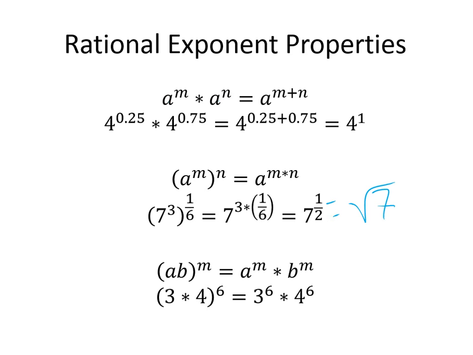Now if you have two things being taken to the same power, you can break them apart. Okay. So if you have, let's say, 6 to the third, now you go, oh, I can't do this. I don't know what 6 to the third is. You can break this up to 2 to the third times 3 to the third, because 2 times 3 is 6. So we can separate them, and this would be 8 times 27. And you're like, oh, I can do that one in my head. That's easier than trying to do 6 to the third. Okay. And so that's what we can do: the exponent kind of distributes to each variable inside. Right?